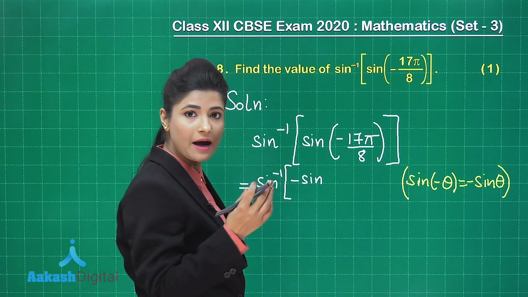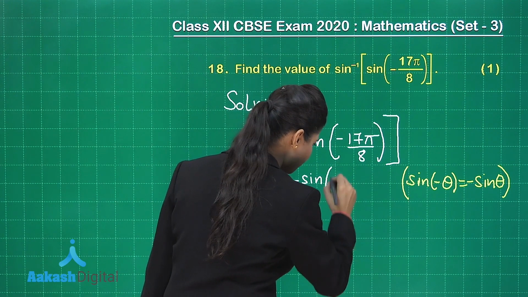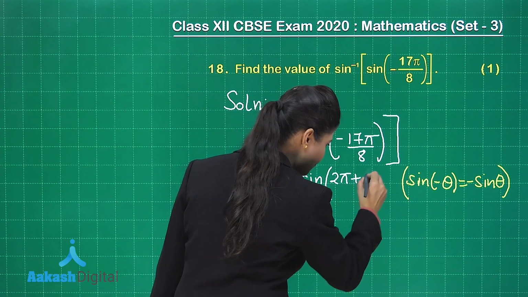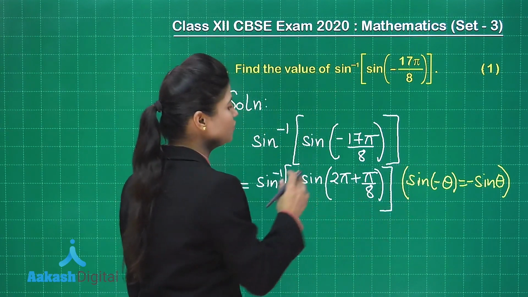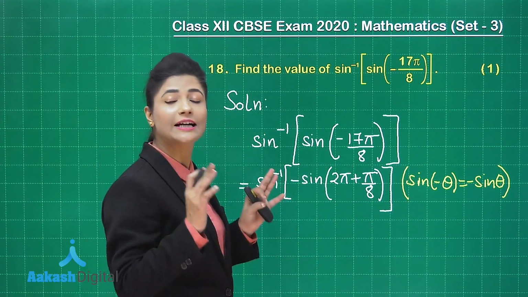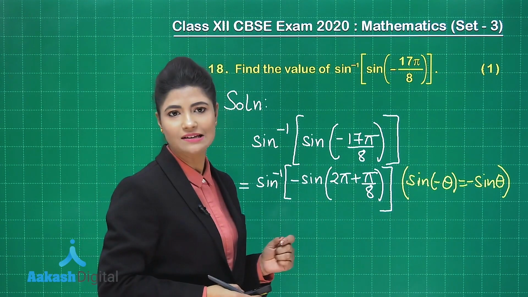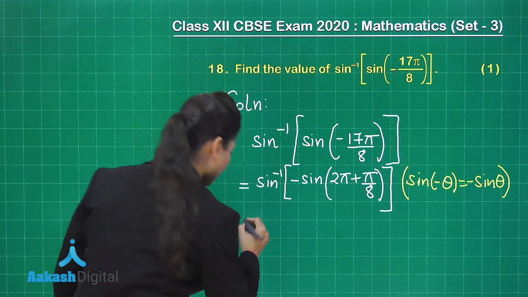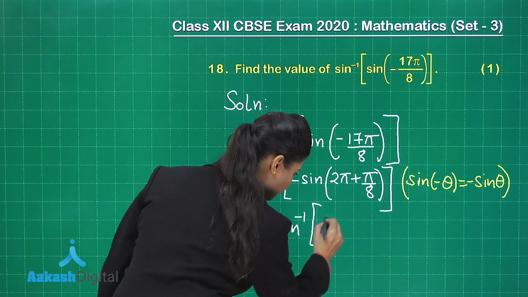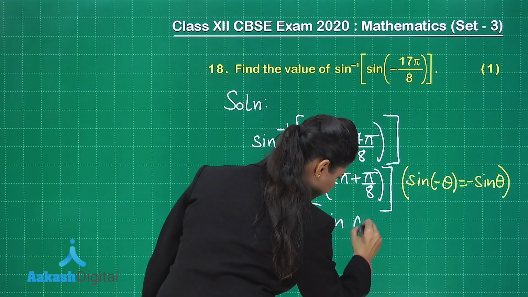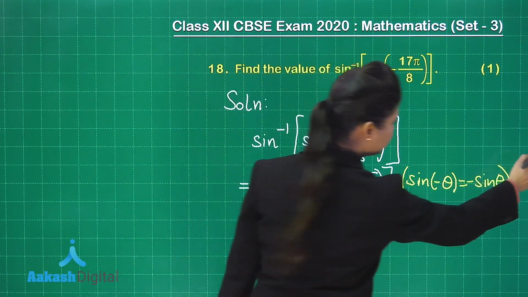where 17 pi by 8 can be written as 16 pi plus pi by 8, where 16 pi can be further written as twice of 8 pi. So, it could be further simplified as 2 pi plus pi by 8. So, this again simplifies to the same value, sine 2 pi plus pi by 8, that gives me 17 pi by 8, and you are aware that sine 2 pi plus theta is equal to sine theta. So, finally I will be getting here minus sine inverse sine pi by 8,